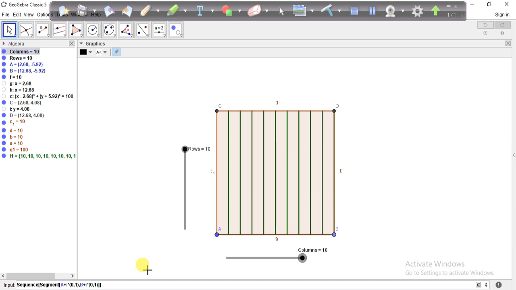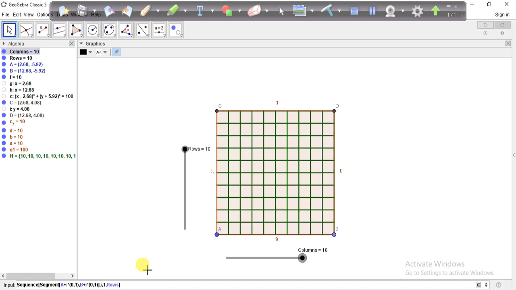Now again big bracket close, big bracket close, and comma, you need to type the variable, and starting point of the variable and ending point of the variable is row as rows, and enter. You can see the squares, you can see the horizontal and vertical lines which make the squares, and this